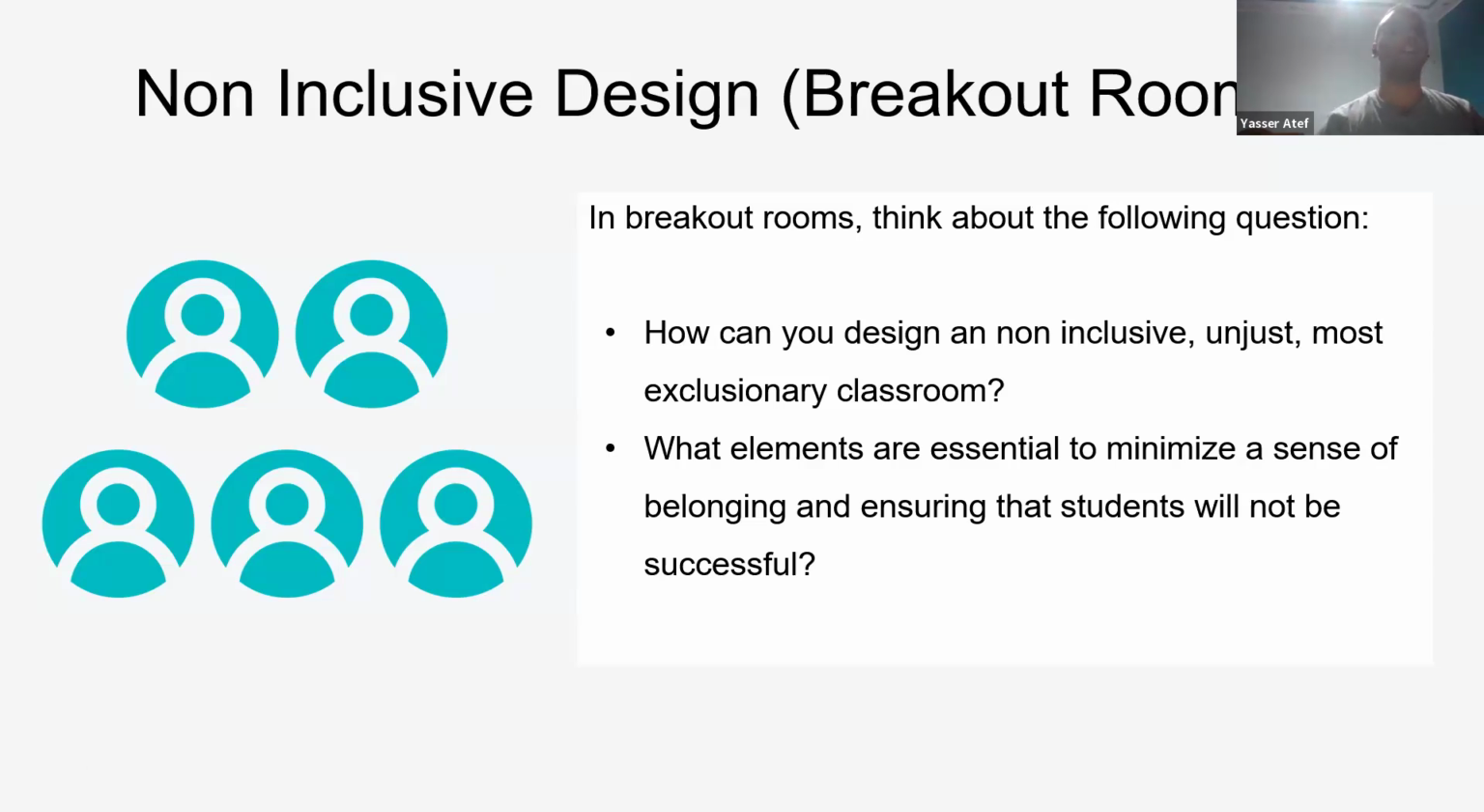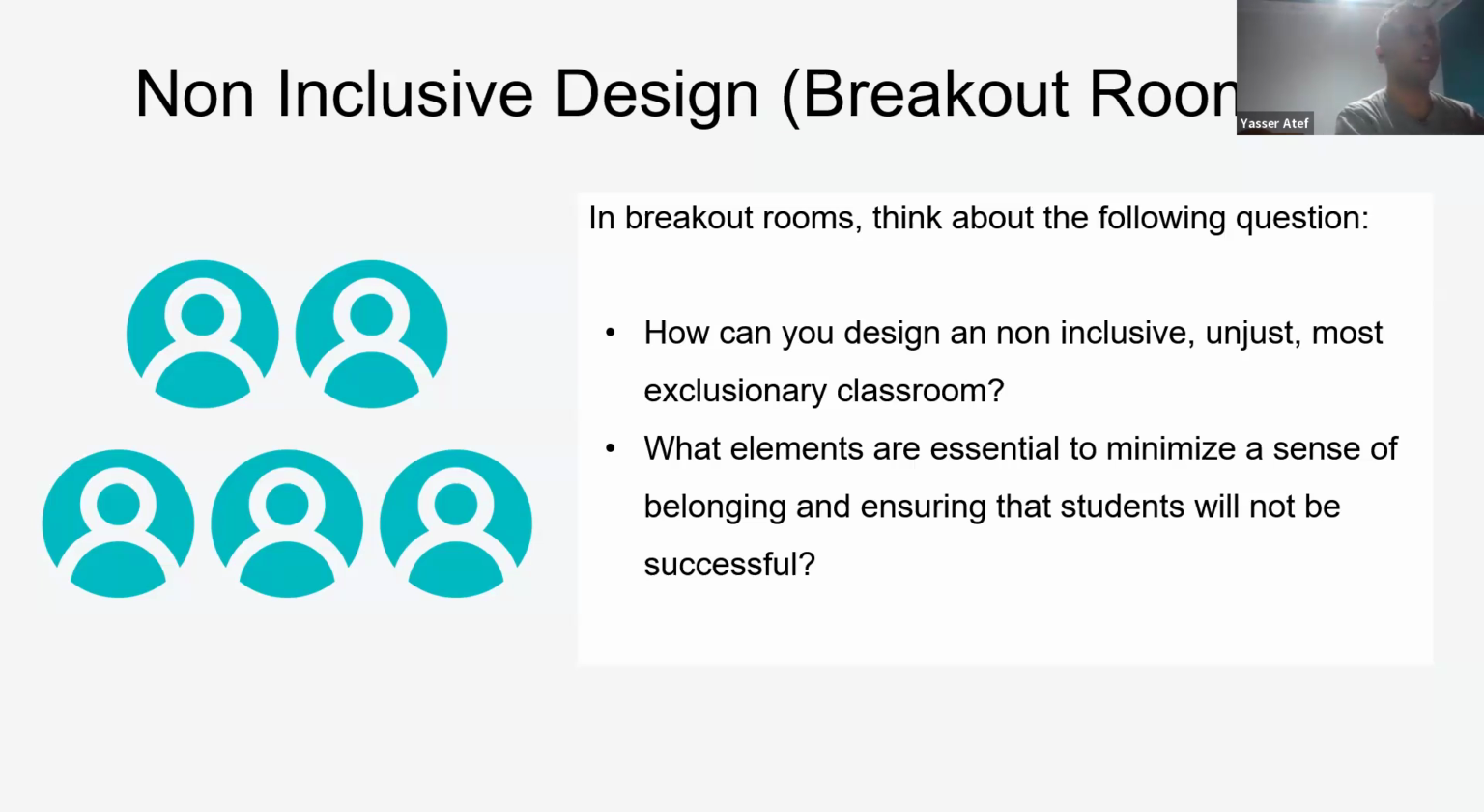So basically, I've been inspired by the TRIZ liberating structure, and some of you might know it, some of you might not, but it's basically working through backward design. So instead of jumping to the conclusion of how can we design an inclusive system or an inclusive classroom, we are doing the other way around. So in breakout rooms,